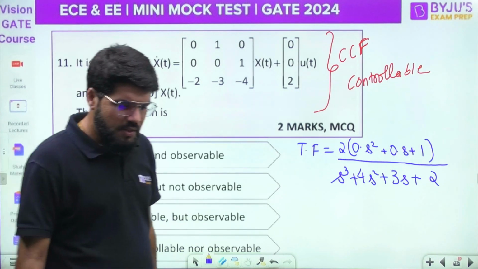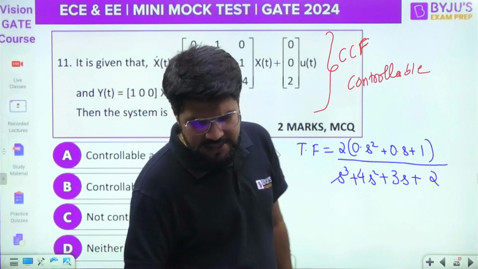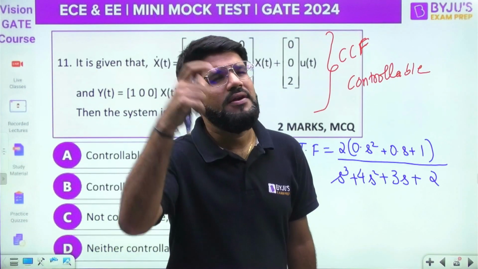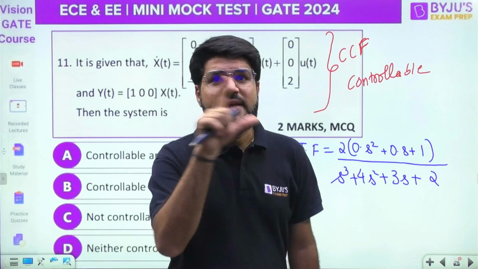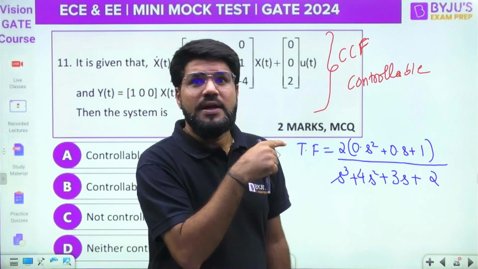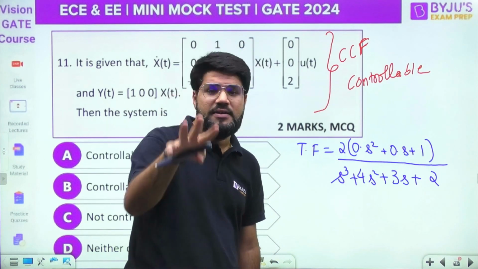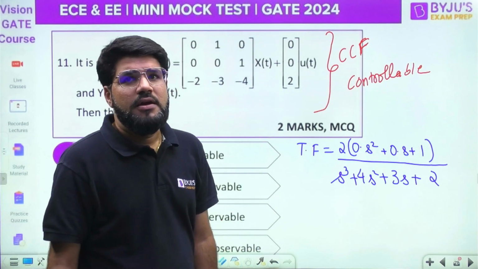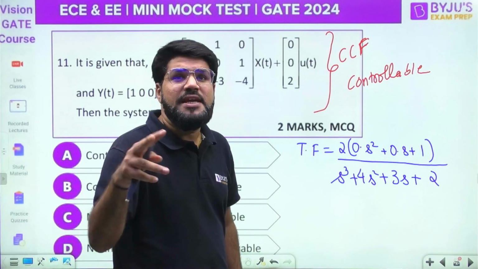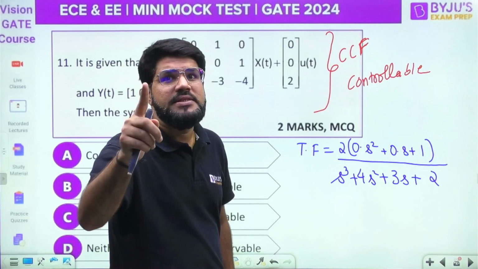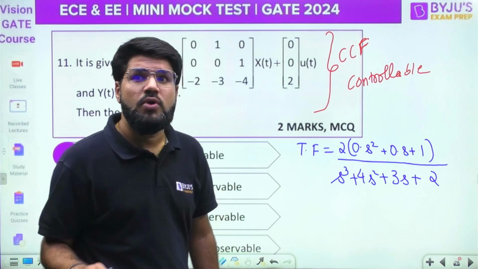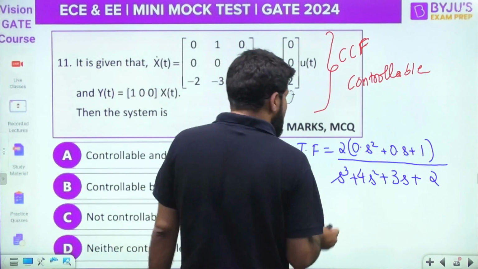So go and see my video on state space analysis. I made it a long time back. I made one marathon, summarizing multiple points about state space analysis. You will understand it. It's very important for the preparation of CCF, OCF, JCF, and DCF forms, controllability and observability. If it is a JCF and DCF form, you should always remember Gilbert's test. A 2 marks question will be solved in 10 seconds with Gilbert's test.